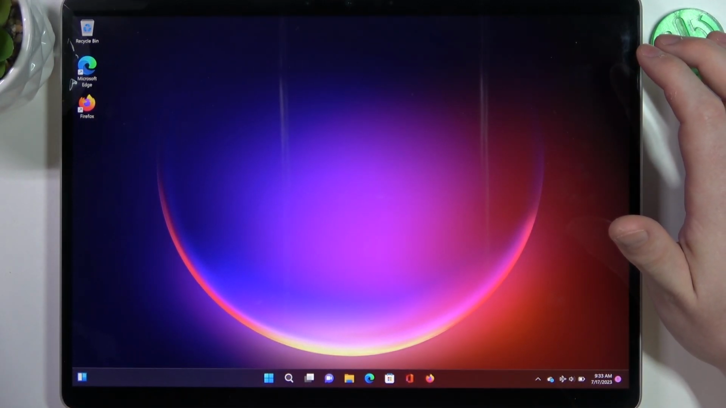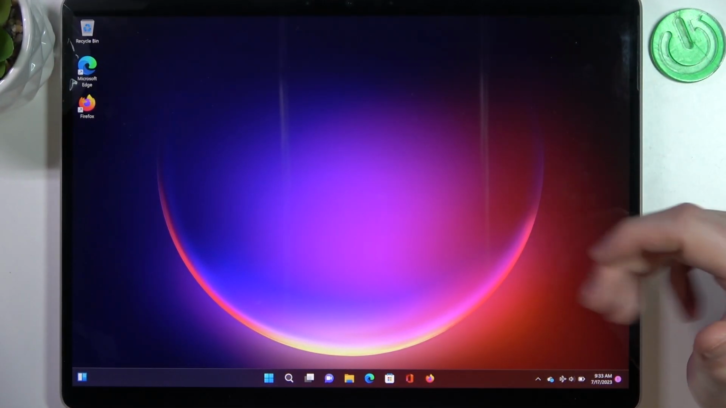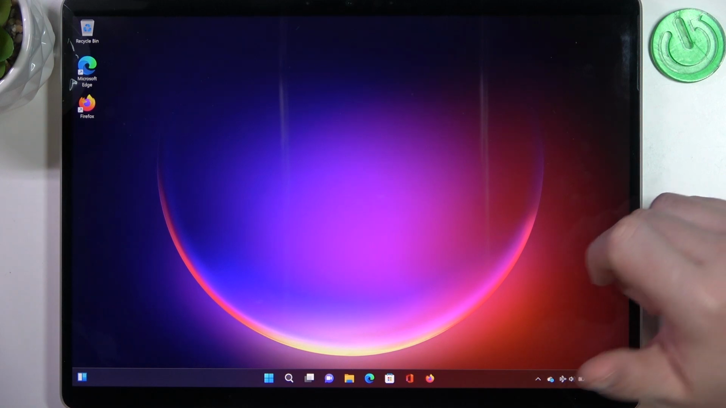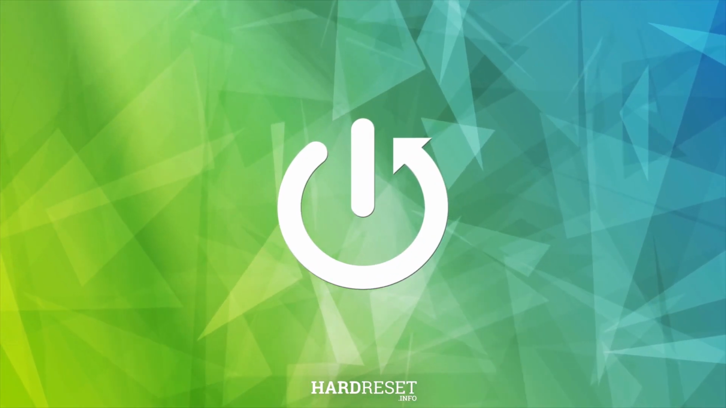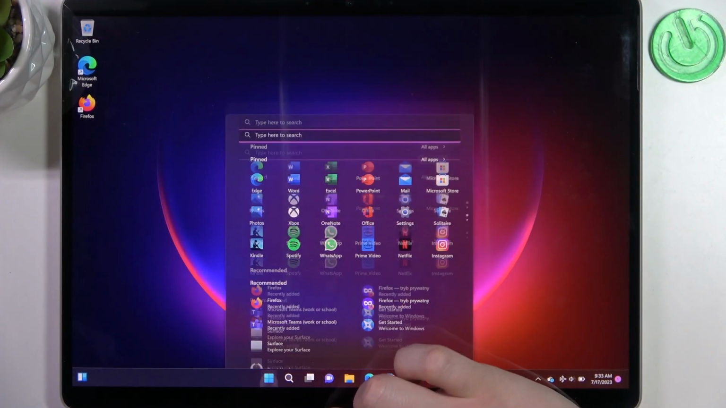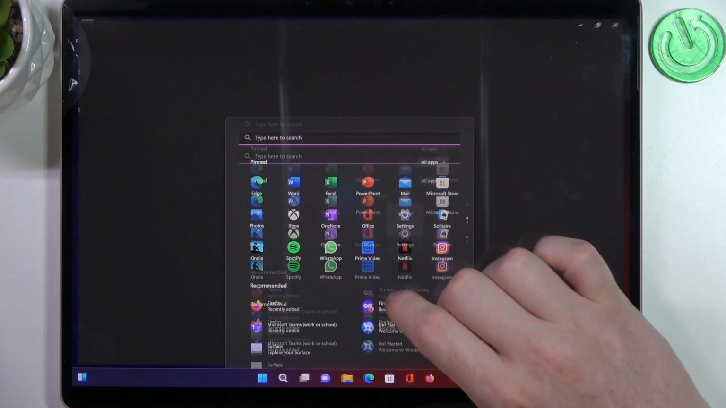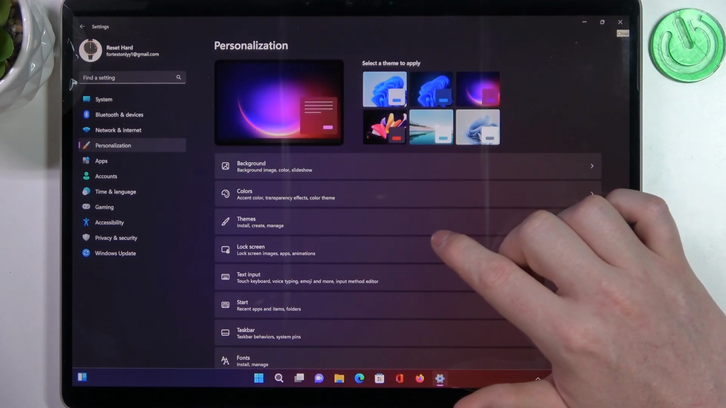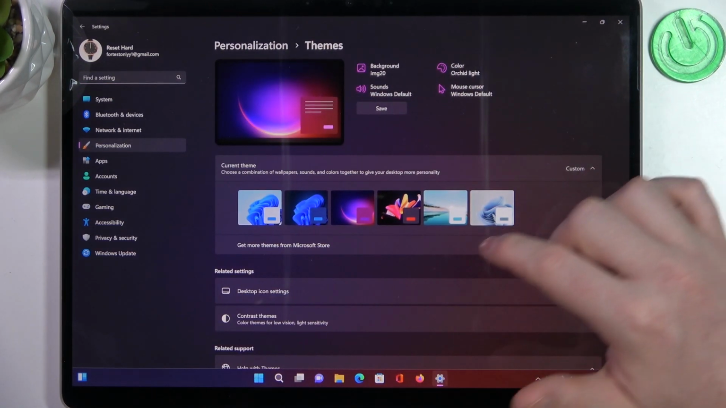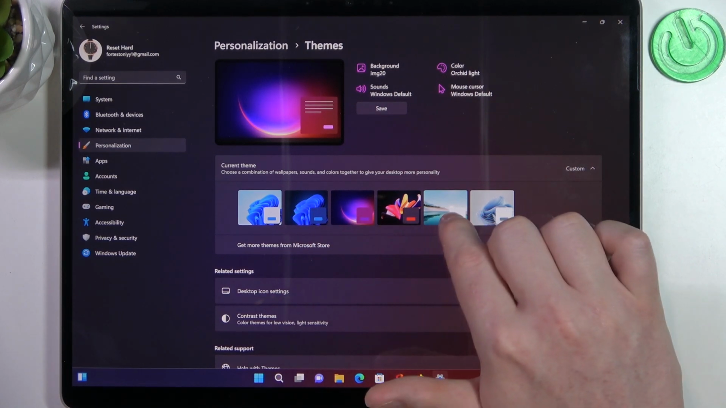Hello, in this video I want to show you how to change theme on Microsoft Surface Pro 9. And to do this, we'll need to click on the Start, open a Settings. Here, navigate to Personalization. You can select the themes, and here's all of the themes that are pre-installed on this